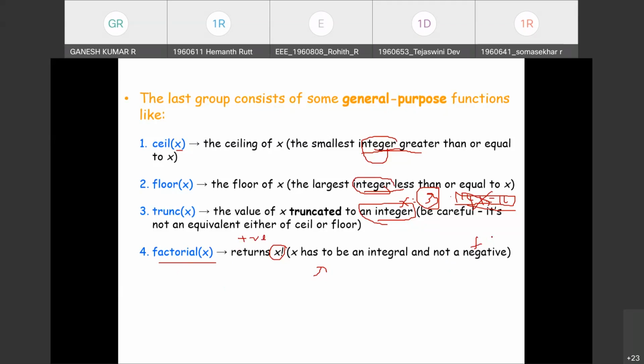Float or negative will not be accepted. It will throw an error. The factorial will take only positive integer input values. This function will throw an exception error if we try to input negative or float values.